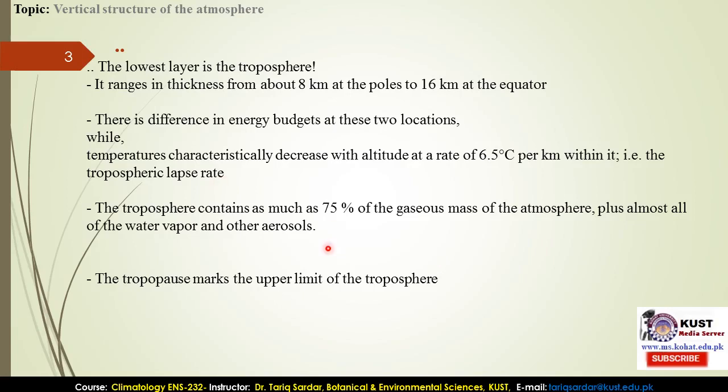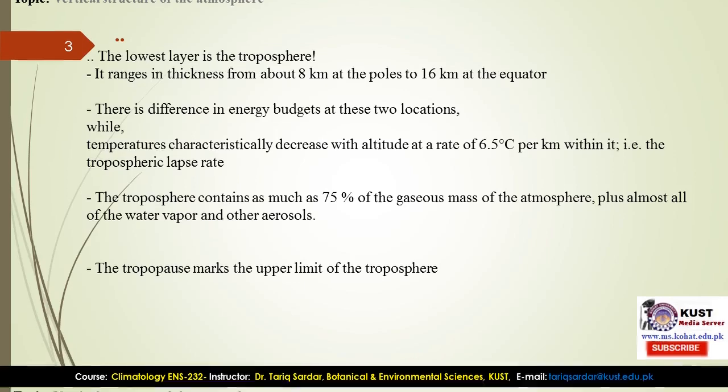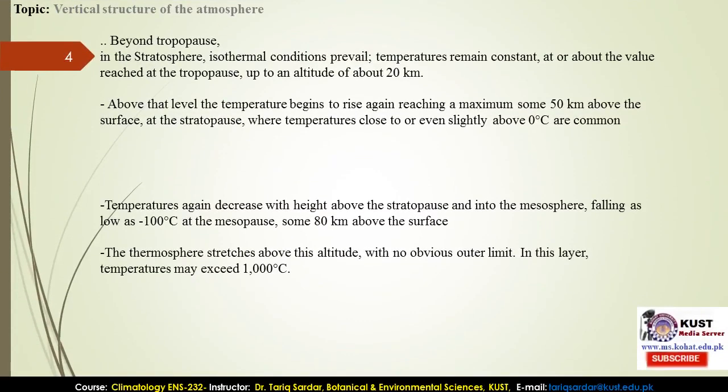So the tropopause, which comes up next to the troposphere, marks the upper limit of the troposphere. As I mentioned, the temperature here will again go towards a higher range in the stratosphere. What is up next is the stratosphere, the very next important layer of the atmosphere. Beyond the tropopause comes the stratosphere, the second layer of the